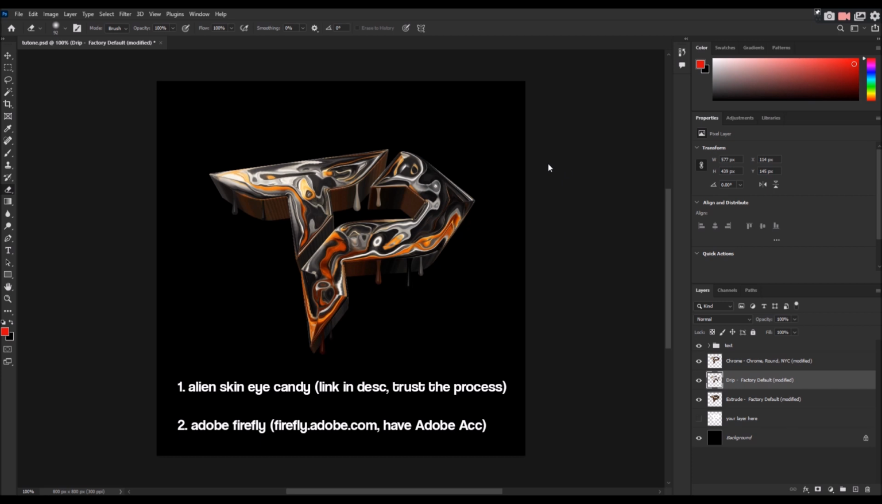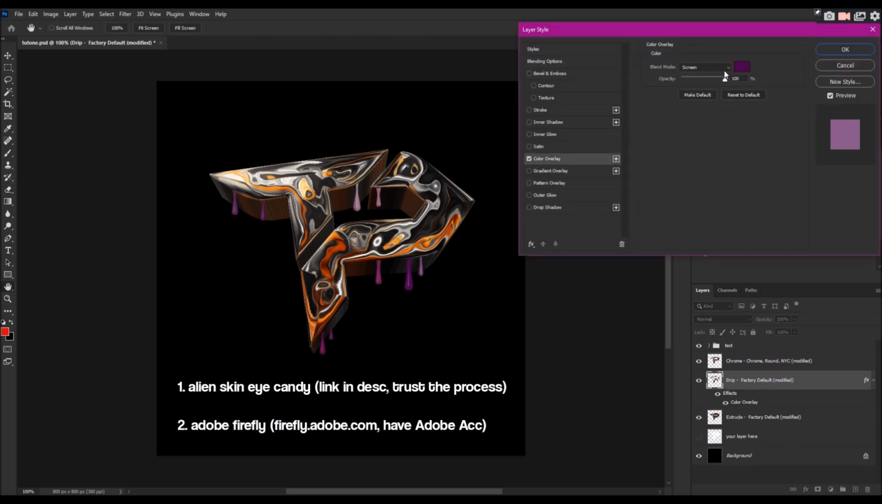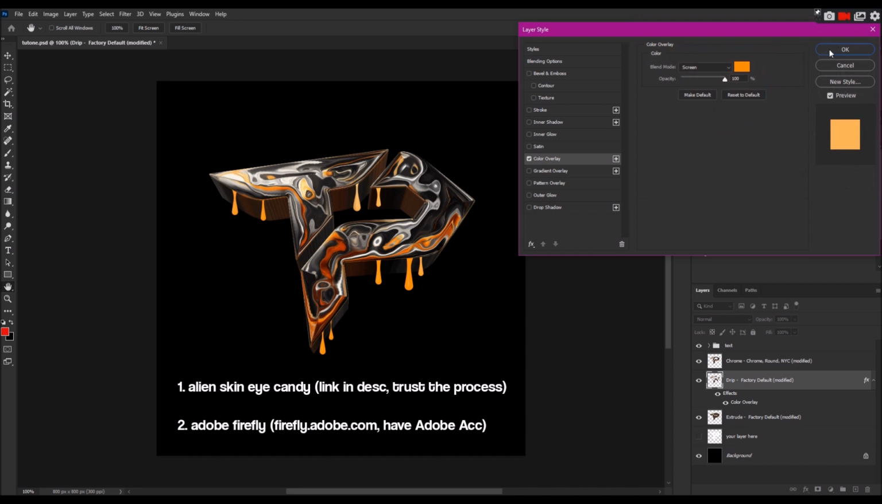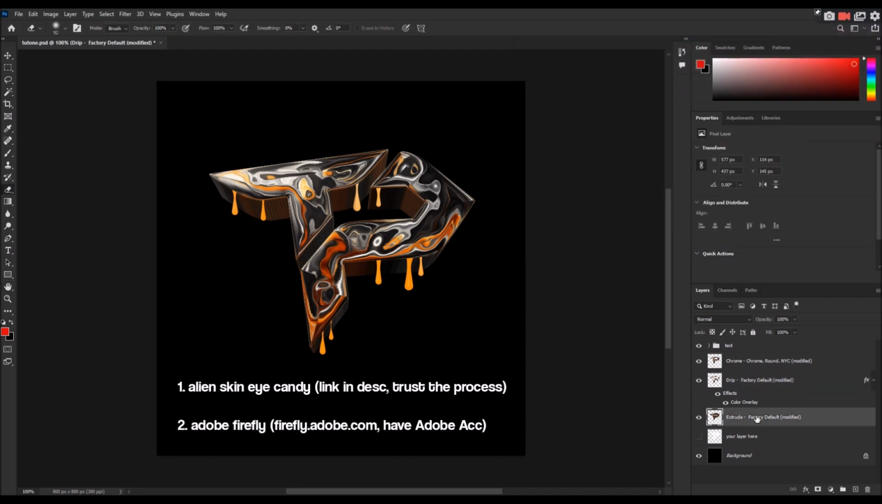Let's do like an orange color. That looks pretty sick. Okay, cool. Make sure this layer's beneath your chrome layer as well, so just drag it beneath. So yeah, then we're gonna go to the extrude layer, and I'm just gonna make it a little bit darker, like maybe a little bit of satin. The purple's interesting, honestly,